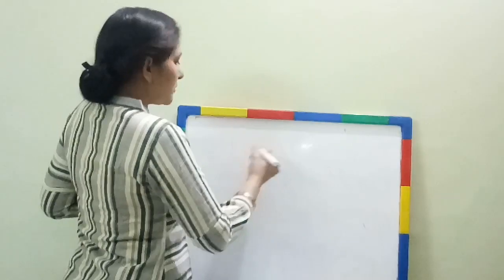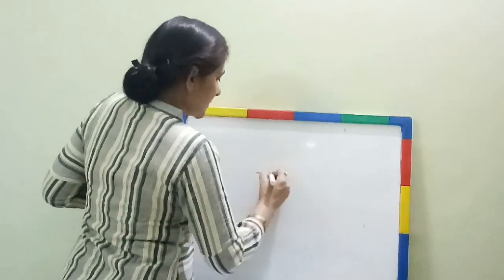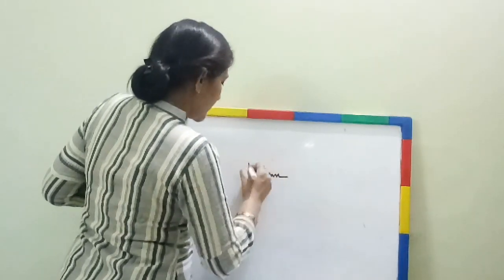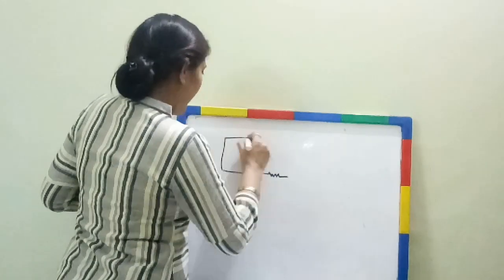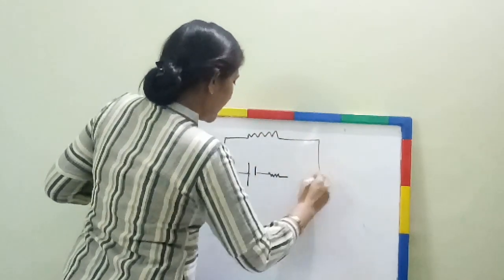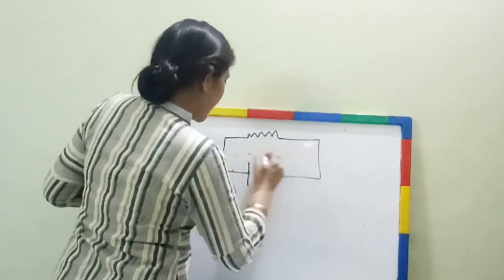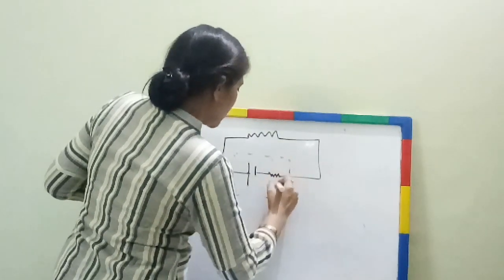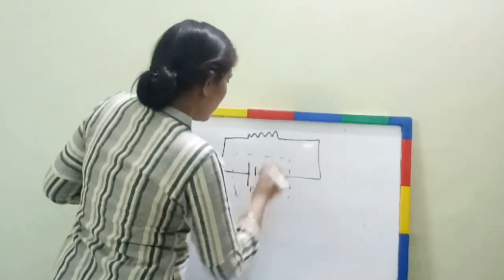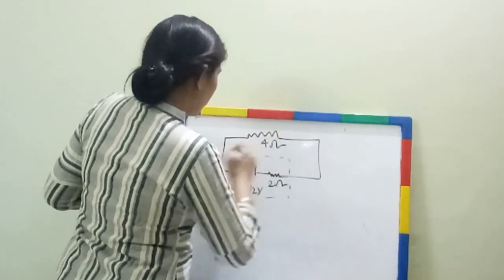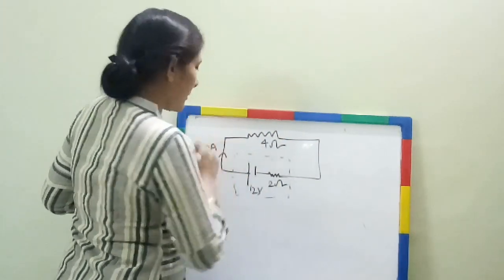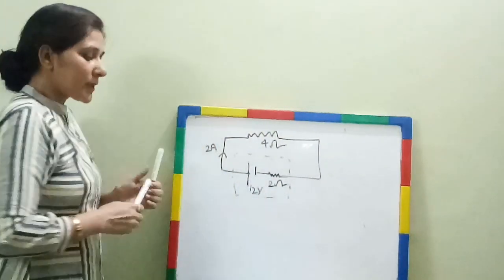When we are talking about a simple circuit which I had drawn just now, this is the resistance of the cell. This is the external circuit. I had drawn this internal one as this one. This is 2 ohm. This is 12 volt. This I had written as 4 volt. The current flow is 2 ampere. Right.